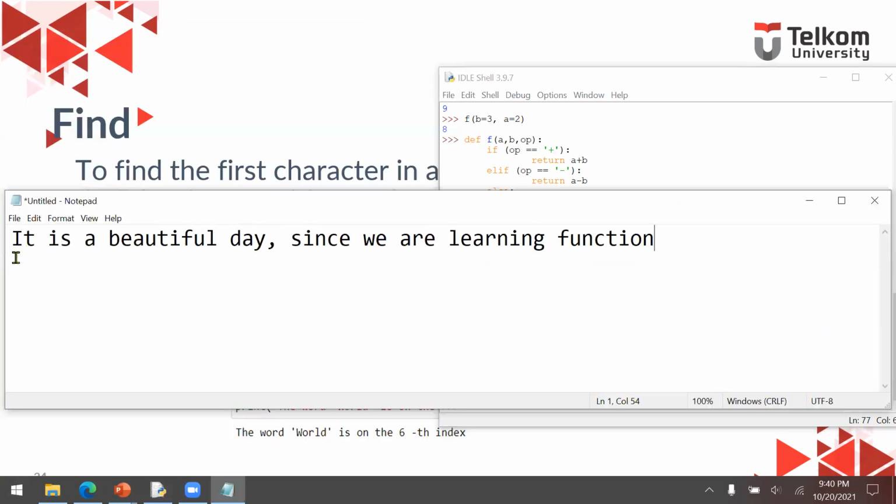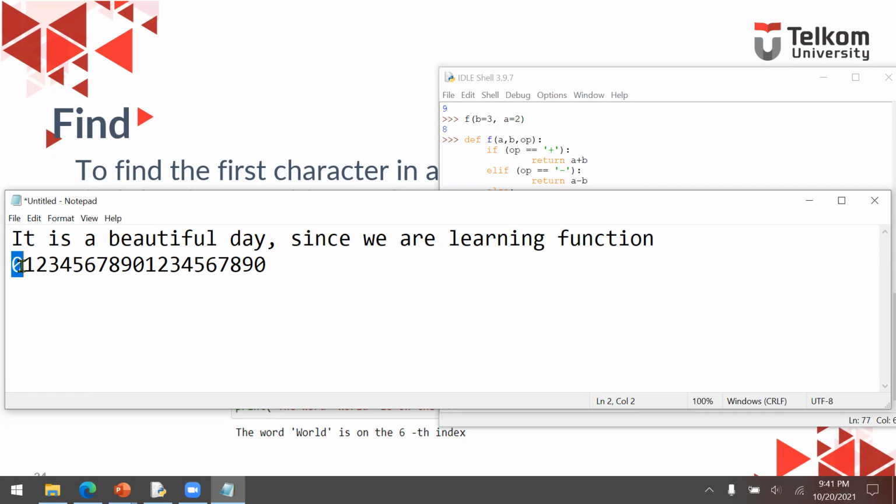This is our sentence. And this is the first character, second, 3, 4, 5, 6, 7, 8, 9, 10. Then 1, 2, 3, 4, 5, 6, 7, 8, 9, 10. And remember, it starts with 0 because this is actually an array of characters.